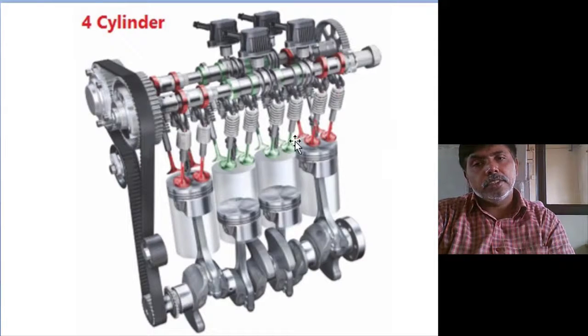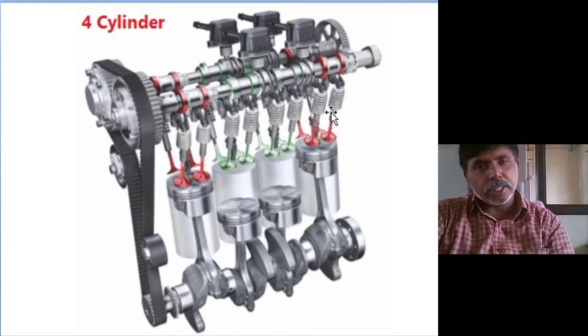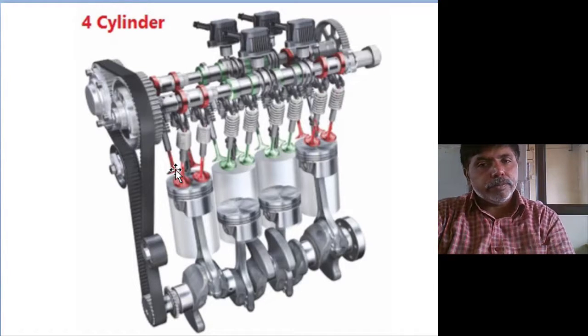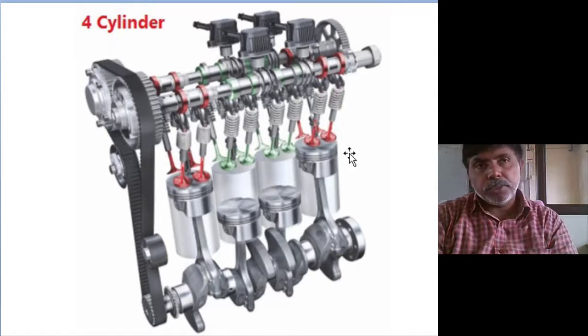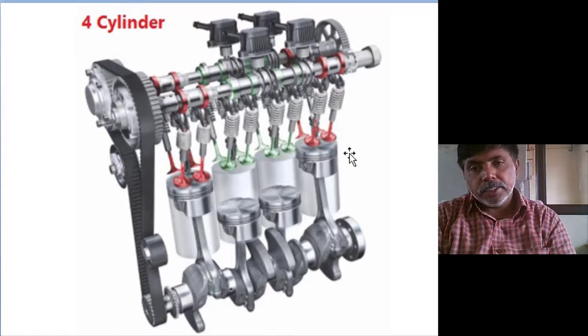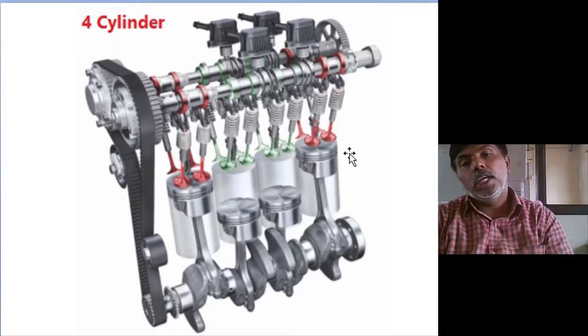This is a 4 cylinder engine, with dual inlet, dual outlet. DI engines, dual inlet, dual outlet engines, are at present common even for two wheelers. Here, what we are doing is running the engine at a specified load and specified speed. It can be used for SI engines, spark ignition engines, and compression ignition engines. For both engines we can use this.